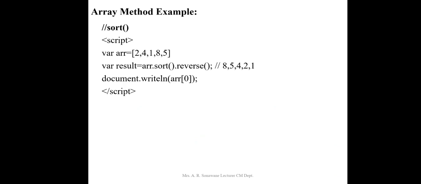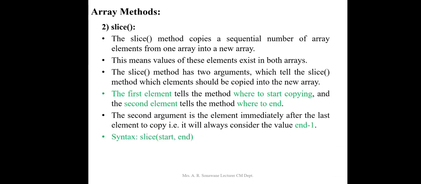Here, with respect to the script and /script tag, we are initializing the array using an array literal. Then we are using a result variable. Then you use the array.sort method, in which the elements sorted in ascending order are stored in the result variable. But the ascending order elements are again called with the reverse function. So 85421, that is, the descending order elements are sorted. Simply use your array name and the sort function, and automatically the elements will get sorted.